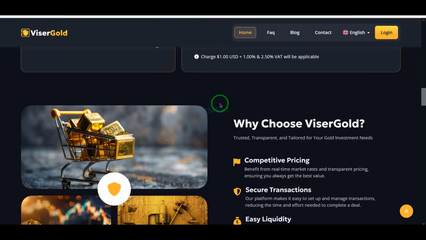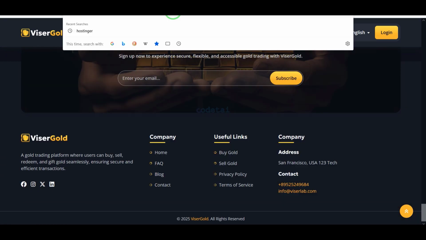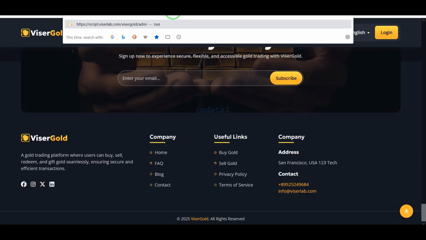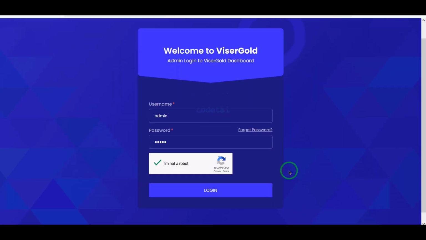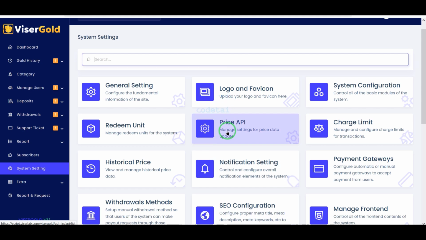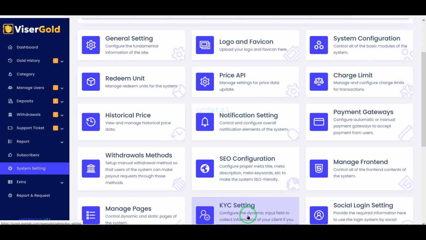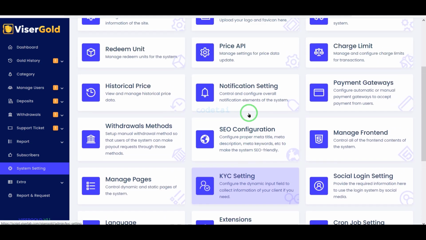Our online gold trading platform website is now fully ready. Now we can easily customize all the functionalities and features of the website by logging into the admin panel. You must go to the System Settings section. Because in this section you get all the important features of the website, you must customize these feature sections step